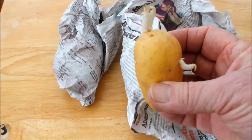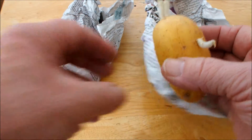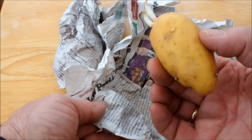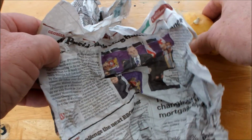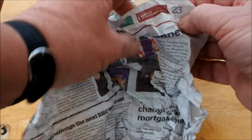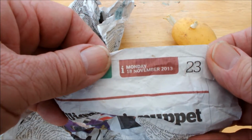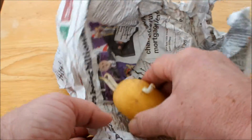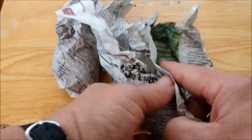Now then, we've got some chits growing here. These have been kept in the cold, in the dark, and they've been kept dry, but as you can see they're ready to go. And then another interesting point about this is when you wrap things in newspaper like this, you can actually remember when you did it, and that was the 18th of November. So we're in the first week of February now. These were wrapped up on the 18th of November. I'll let you do the maths, but that's how long I've had these